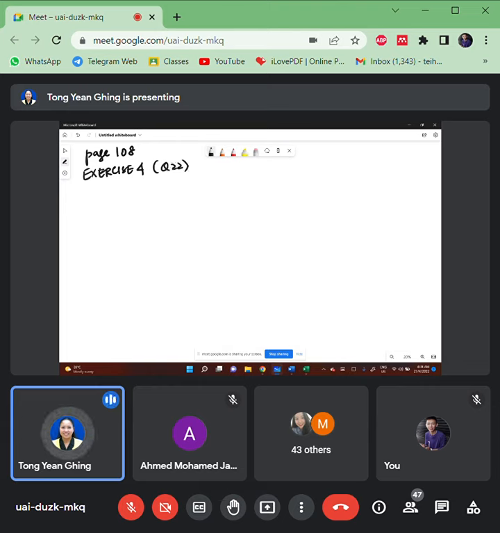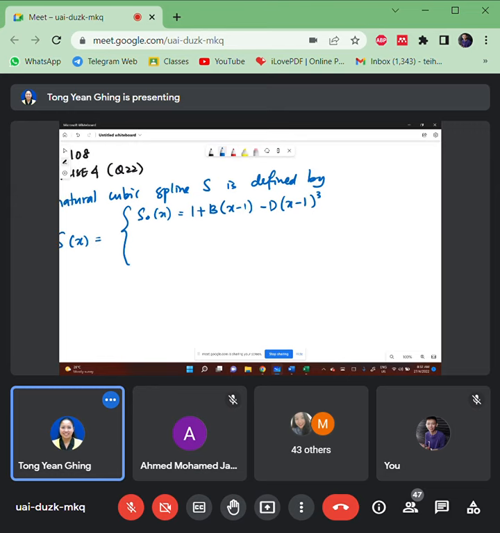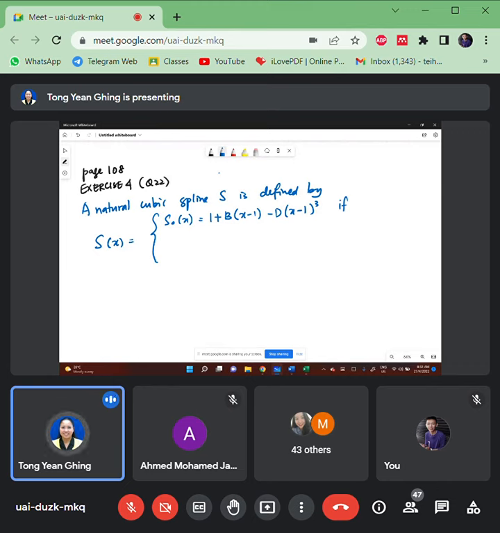I write the question here because some of you may not have the book. It says that a natural cubic spline S is defined by S of x equal to,